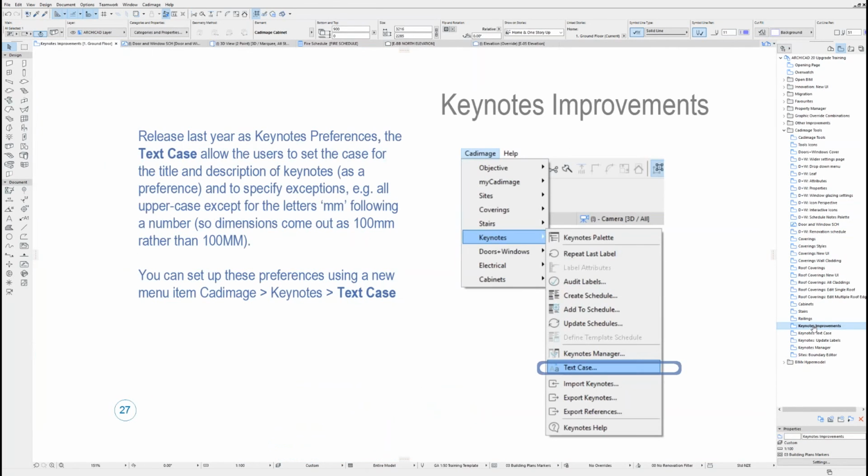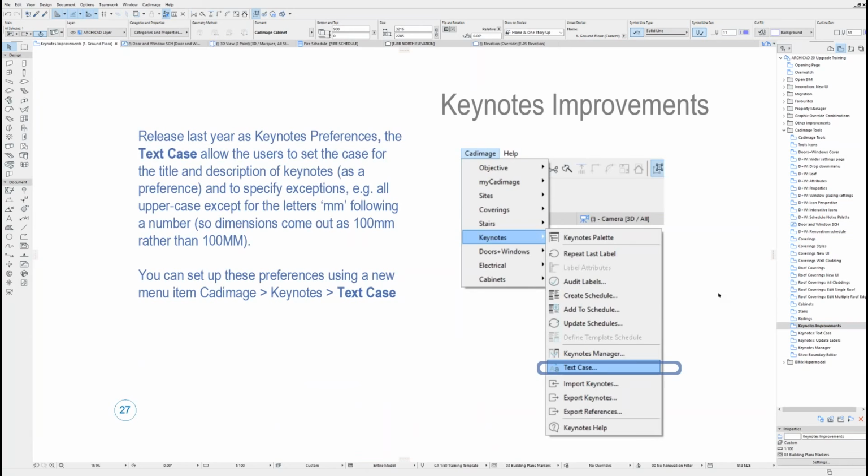And we're going to finish with this part with some keynotes. I know that not everyone uses the Cadimage keynote tool, but we're going to talk about BIMX at the end. So I'm going to ask you if you can stay a little bit longer with us. It's going to take just 5 minutes to explain